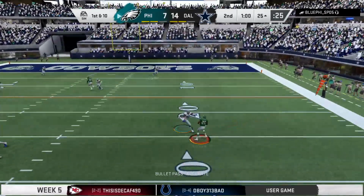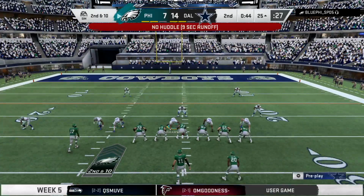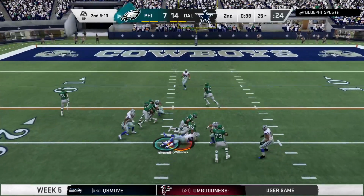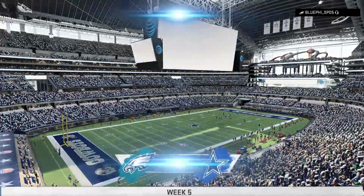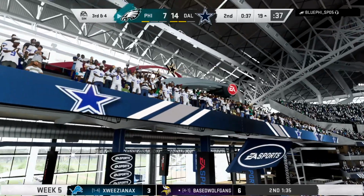Now Wentz. Got his man. It's Williams. No gain on the play there. It'll be second down. Had the completed pass, but for no gain, stopped right at the line, so it's 2nd and 10. On the ground, this is Williams. And he'll be brought down inside the 20 at the 19. Now the Eagles will use the second of their timeouts as the clock will stop with 37 seconds to play